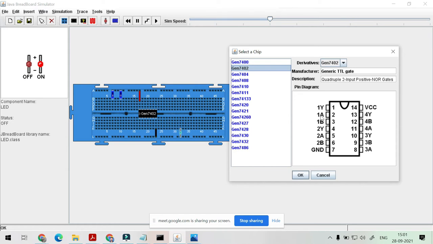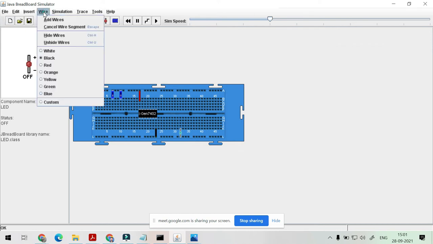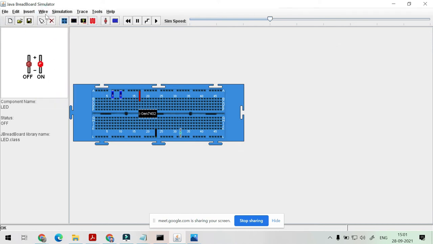Similarly, pin numbers 2 and 3 will be connected to the switches. So similarly, we will connect this. We will take this yellow wire and click on add. After clicking here, we have to insert at pin number 1.